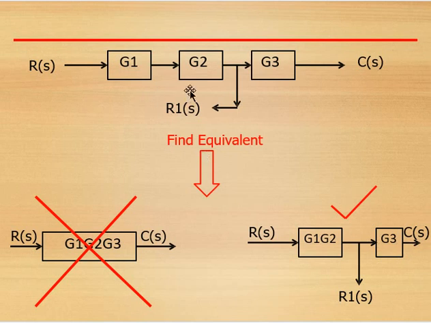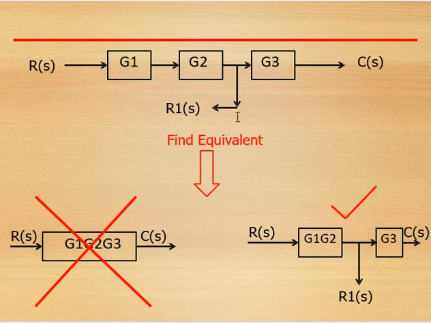Okay. So, here if you see, this is G1 block and this is a G2 block, but in between these two blocks there is no summing point or any takeoff point. So that is why we can say that this gain can be multiplied directly, but you cannot multiply this G1 G2 to G3 because in between this G2 and G3 there is one takeoff point. So how to overcome this problem, that we will see in next rules.